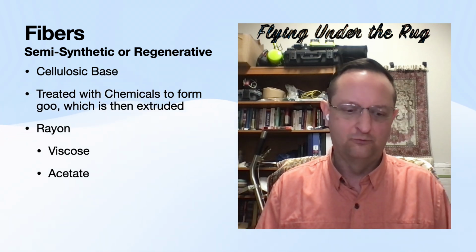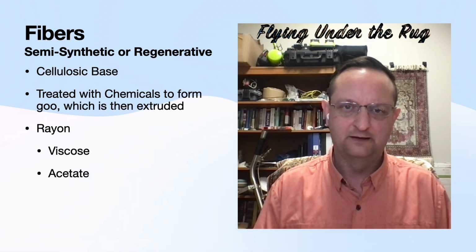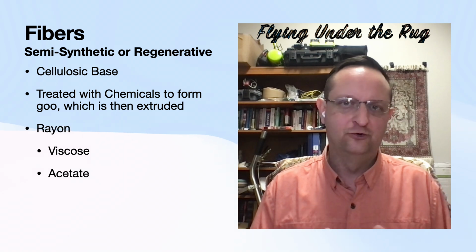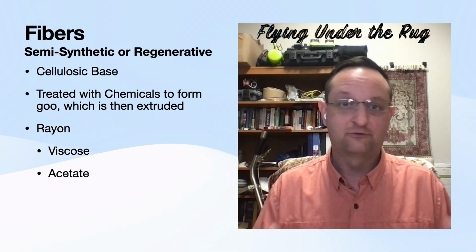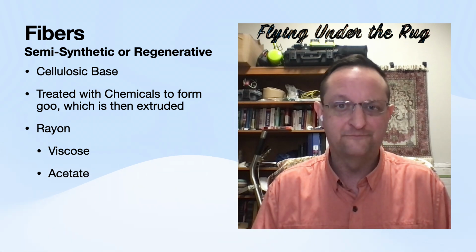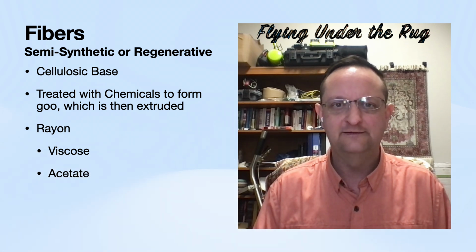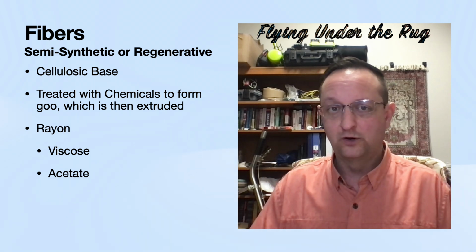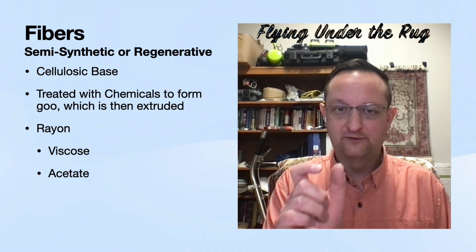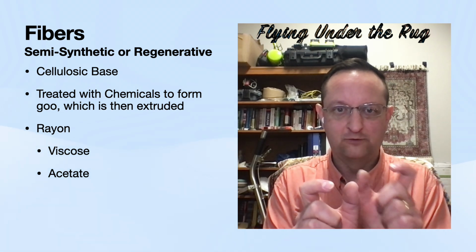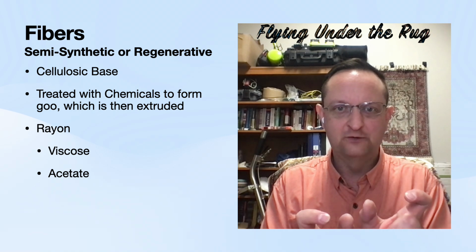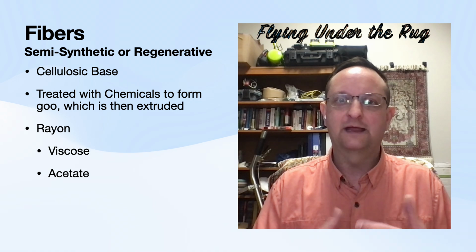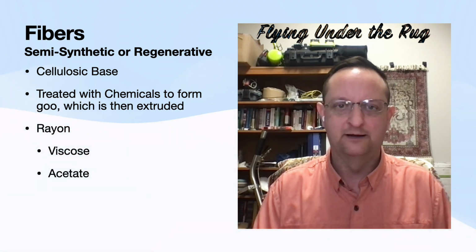This one is also very popular, and for cleaners, that's an unfortunate thing. Rayon is not a good fiber as far as its durability. It is really soft. They call it fake silk or faux silk in a lot of cases, but it is not silk. Just a quick word: if you ever see the word silk with something else in front of it, so faux silk, banana silk, bamboo silk, art silk, artificial silk, any of those kinds of things, they're talking about rayon. It's a cellulosic fiber.